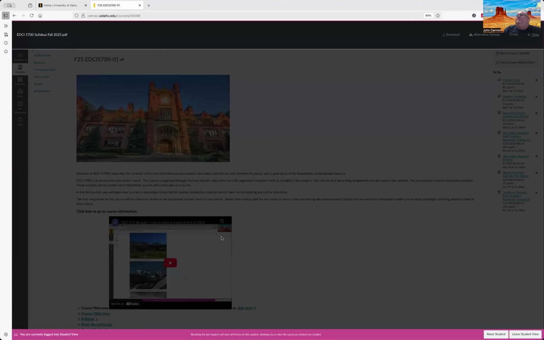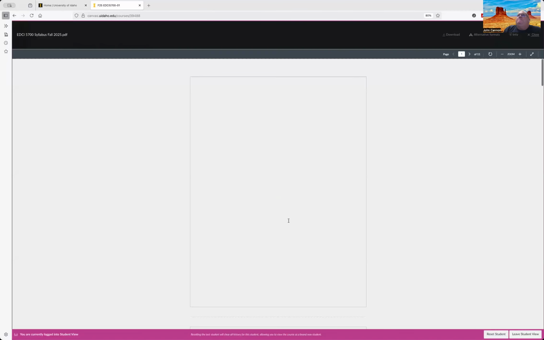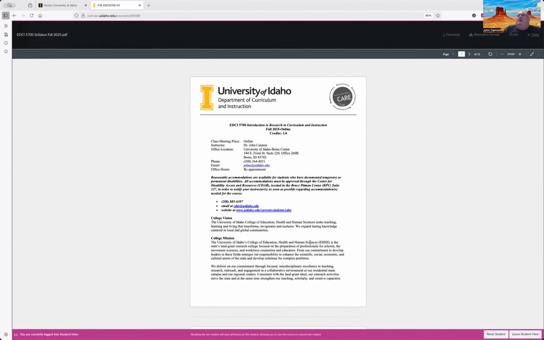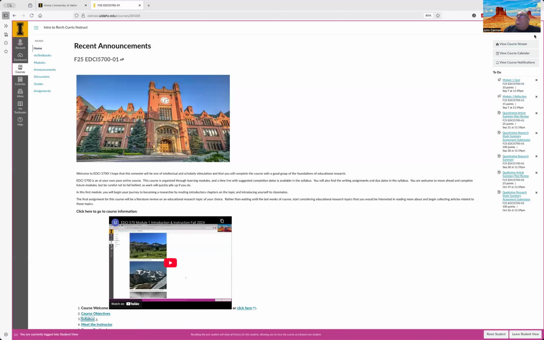Here's the syllabus. There it goes. You can download it in Canvas. I've also emailed this out and you can download it to your computer.